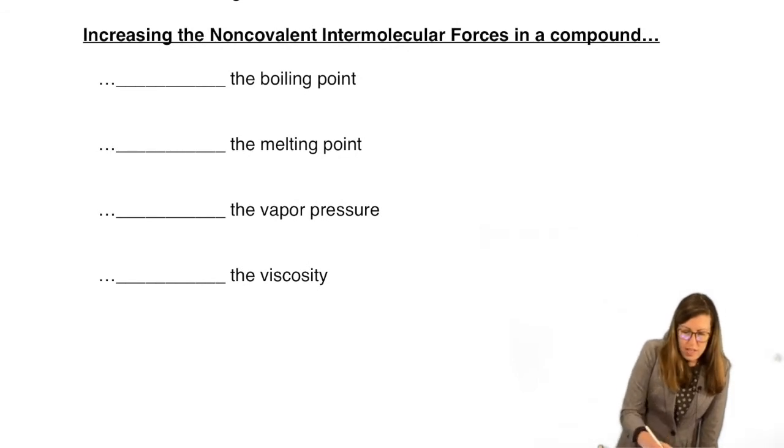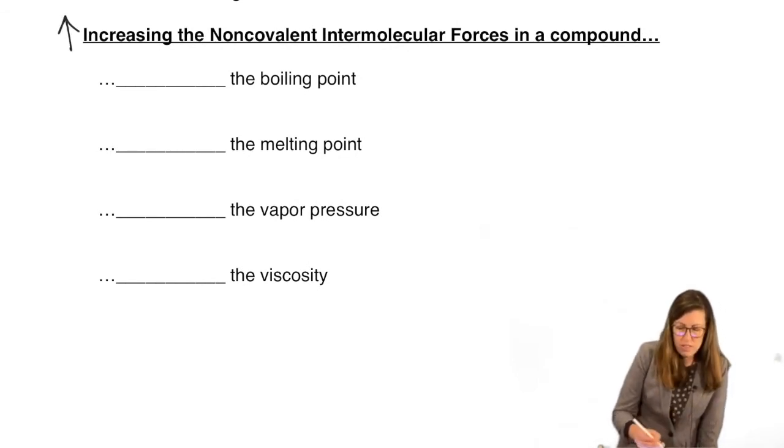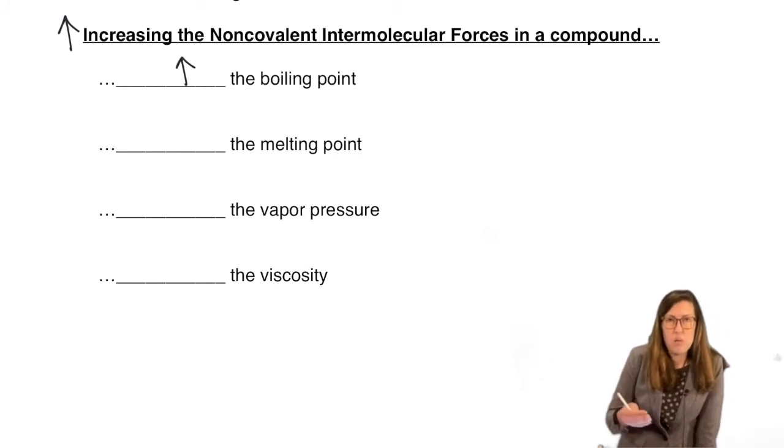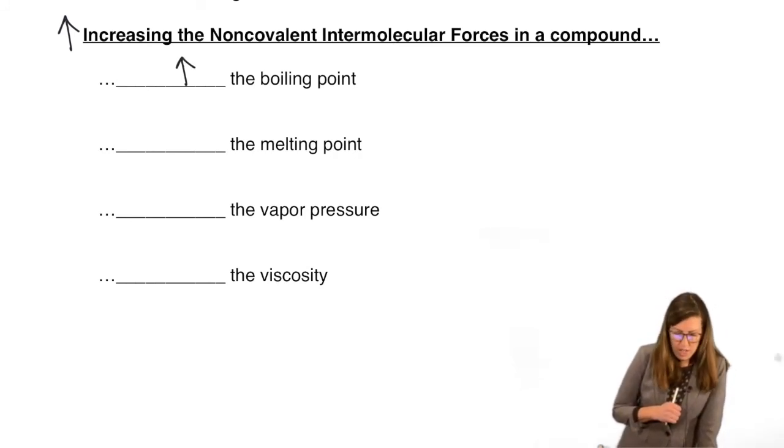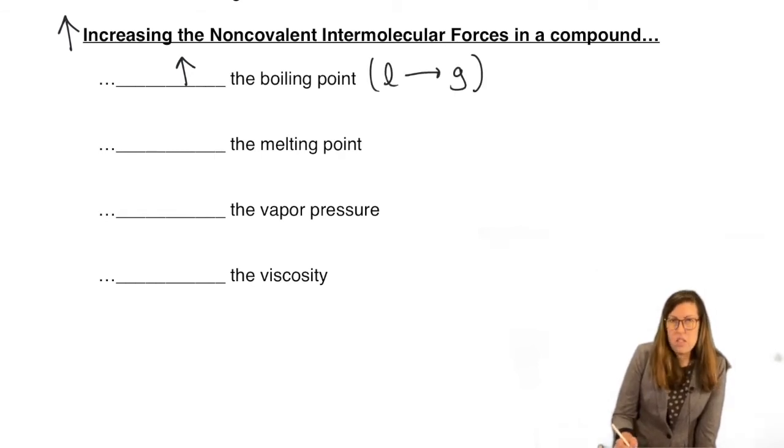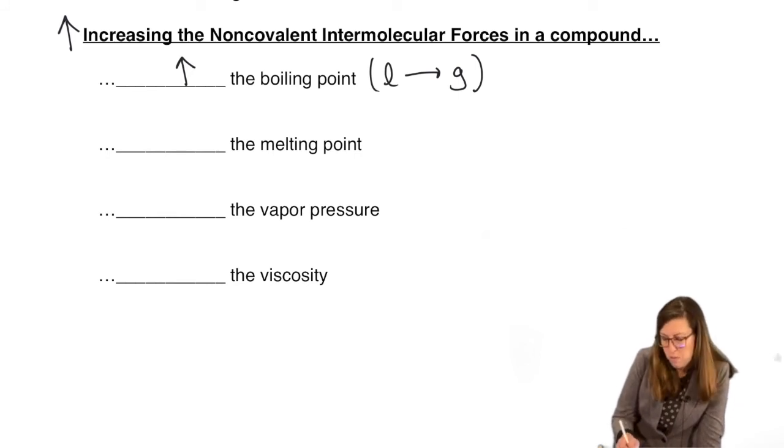So as you increase intermolecular forces, we saw, that was kind of our example we worked with, we increased the boiling point. What else would we change? Well, boiling point means we're going from liquid to gas. So a more compact state of matter to a more broken apart state of matter, right? So this is a more condensed state of matter, right? They're closer together. And if we're going to spread things apart, that means we have to have a way to break apart those intermolecular forces. So if they're strong, it'll be harder to do so, therefore higher temperature.